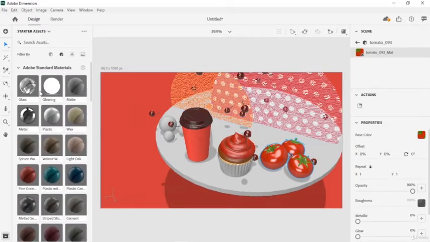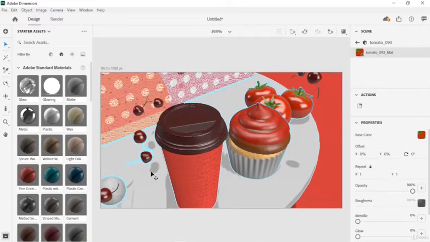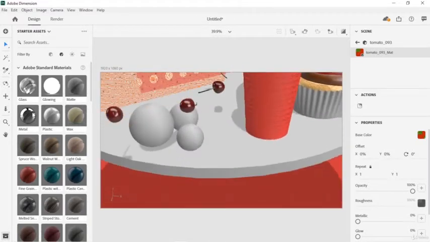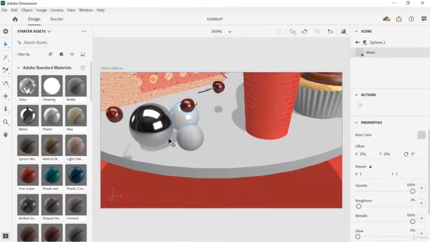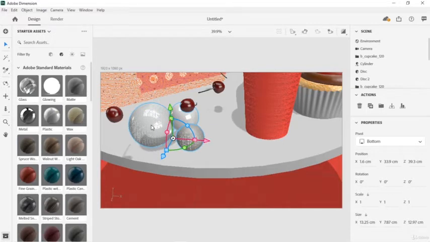There are also materials that are standalone and can be used on any models like plastic, wood, glass, water, and much more. To apply a material, simply drag and drop it into the canvas or a scene panel, targeting whichever object you want to apply it to. If you don't have any selected assets, the material will be applied to the targeted object beneath your cursor. If you have a selection, the material will be applied to all selected objects.